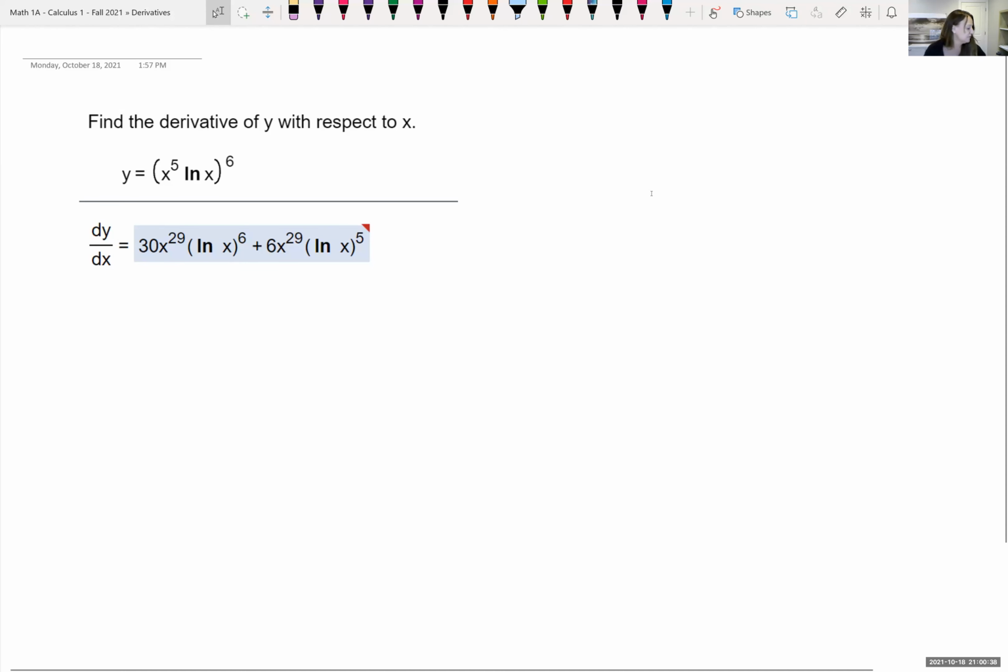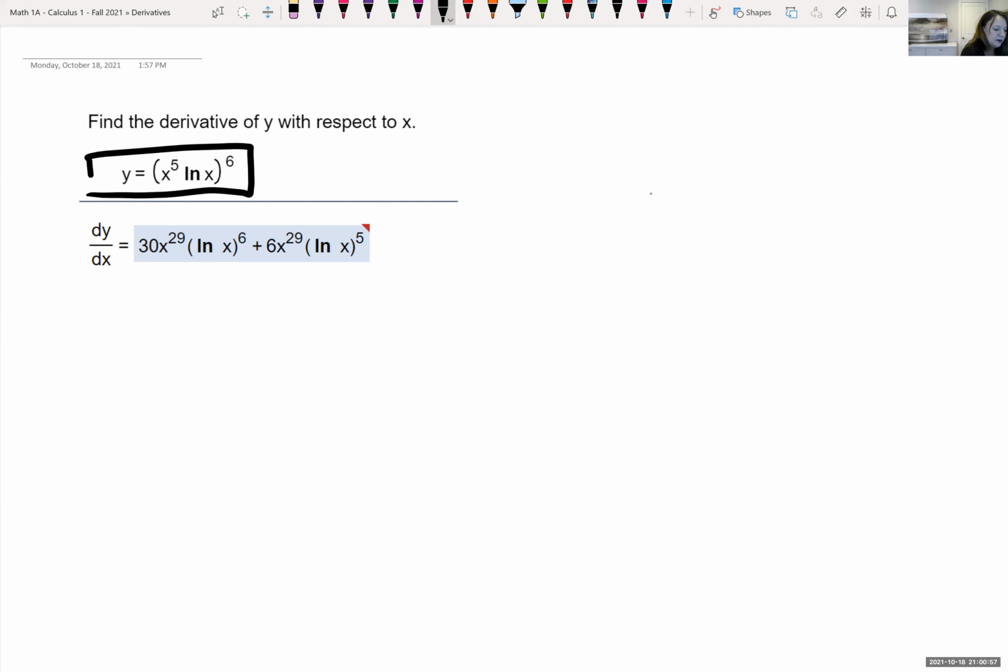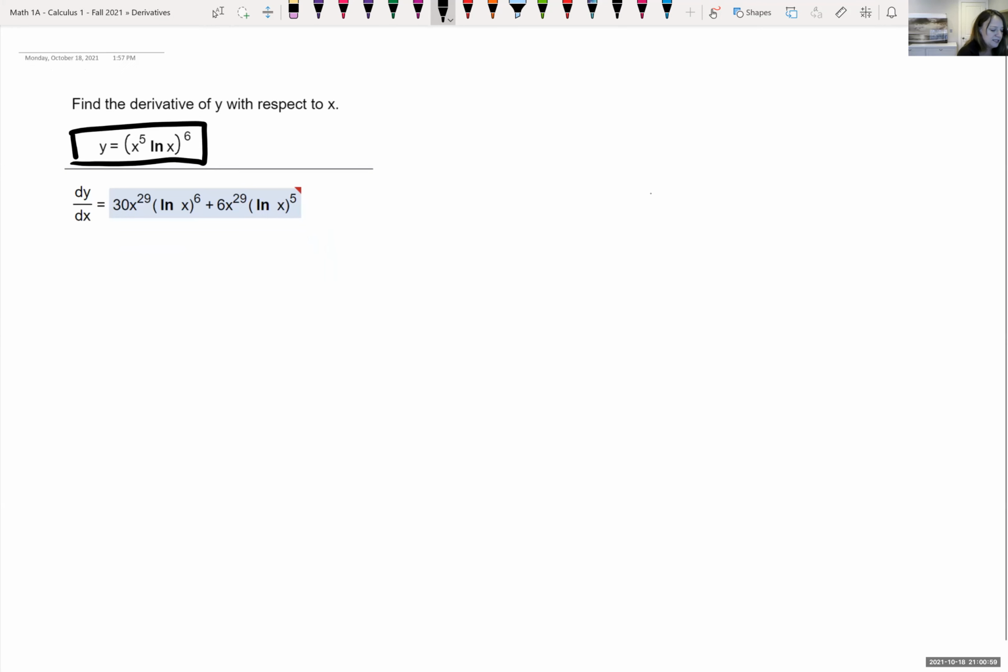Okay, so we're looking at this one example, and we're going to use logarithmic differentiation to solve. It's easiest to take the derivative of natural log versus any other base. And so we're going to take the natural log first of both sides of our equation. If we take the natural log of both sides, we get the natural log of